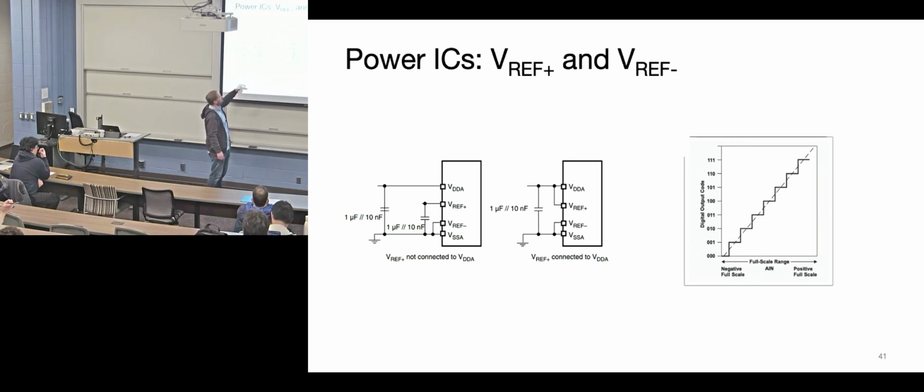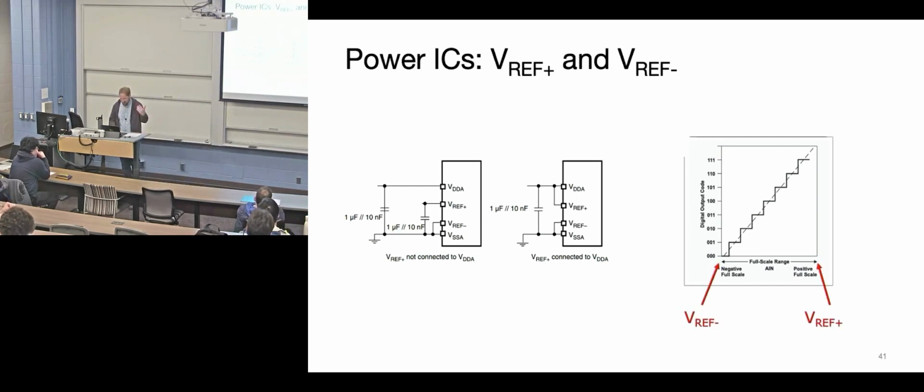It's a little less usual, but sometimes you can make it, say you wanted the negative reference to be 1 volt and the positive reference to be 2 volts. So that's exactly the area your signal is going to be in. VDD could be larger and VSS or ground could be lower. Just giving you flexibility and options, showing you, again, that's where those edges are.